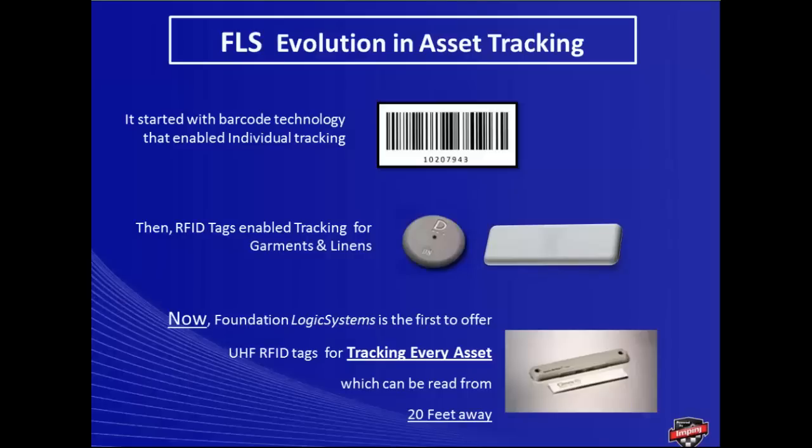the barcode. It gave us the ability to have a read range of about 12 inches, so we didn't need direct contact with barcodes. But it still didn't give us the range we needed to get involved in other asset tracking, and mainly linens, which every time we went out to a hotel and casino, we were asked, what do you have for linens? Finally, we were approached by Fujitsu 3 years ago to install a system at the Fairmont